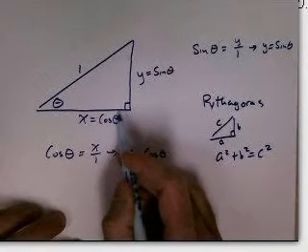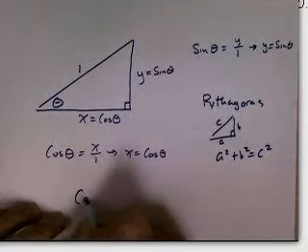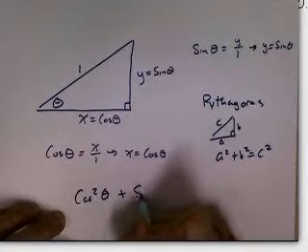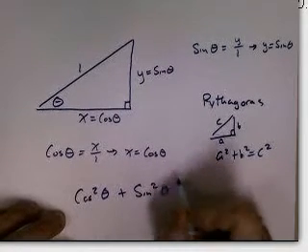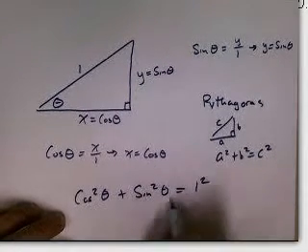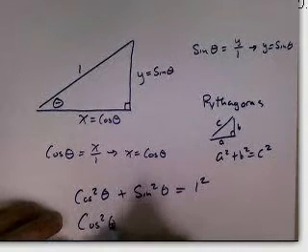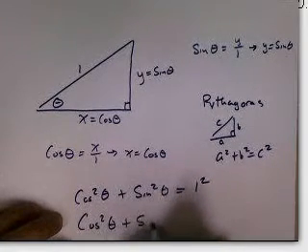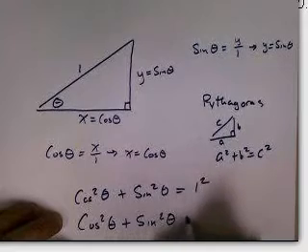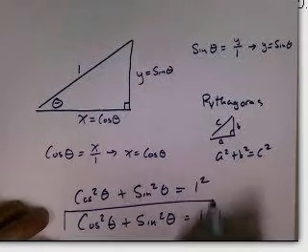Well, Pythagoras would say that the sum of the squares of the two sides, so cosine squared theta plus sine squared theta, should equal hypotenuse squared. Generally, though, we write this 1 squared as just 1, so we would write that cosine squared theta plus sine squared theta equals 1. There you go. There's the first